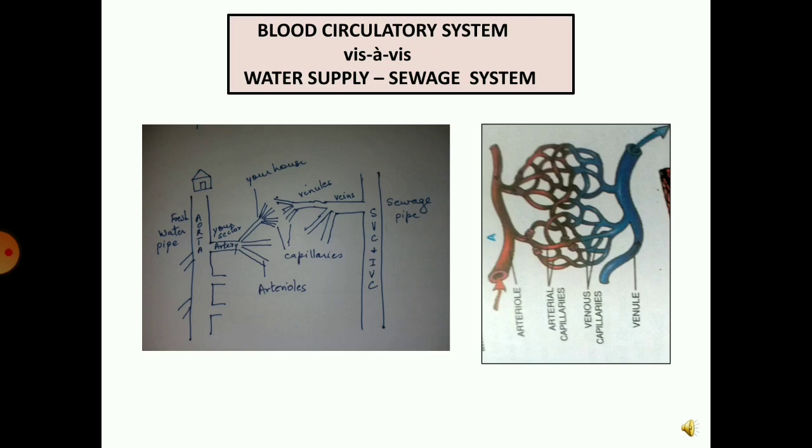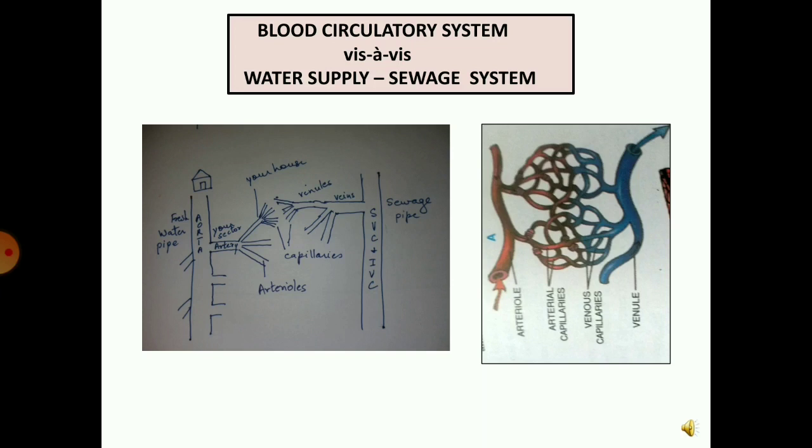Now let us take the same thing in our case. We have the heart, which is the pumping station. It pumps blood via the aorta to every organ in our body. When a blood vessel takes it to an organ, we call it an artery. For example, if the blood vessel is taking the blood to the kidneys, we call it the renal artery. This renal artery enters the kidney, divides and redivides into small units called arterioles, and then into capillaries. Exchange of gases and nutrients takes place in the capillaries.